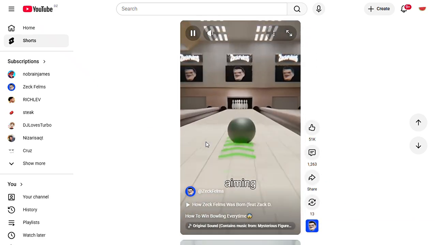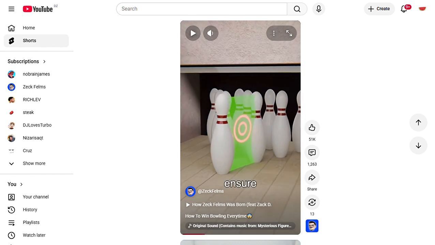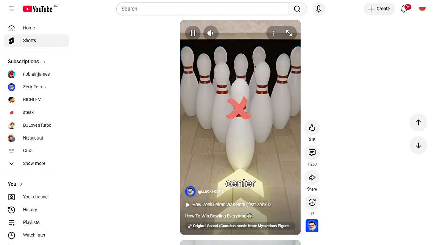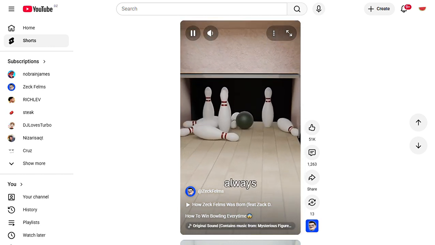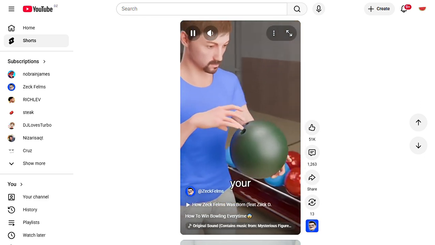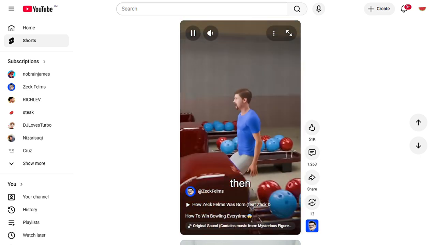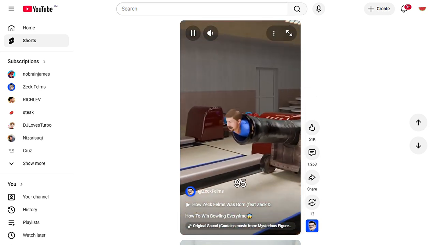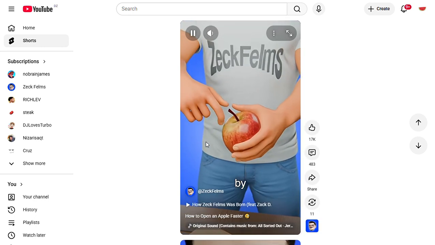Always start with aiming at the pocket between the first and third pins to ensure a hit, rather than the center pin. You see, this specific entry angle creates a chain reaction that always ends into the strike. But if they still refuse to fall, insert your fingers into the ball's holes and swallow it, keeping your arm steady. Then jump inside a Lahitol 95mm. Yes. Start by squeezing the stem.